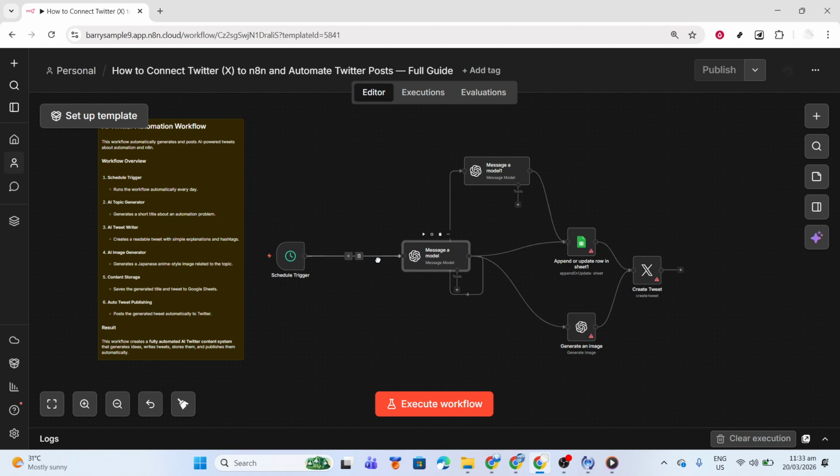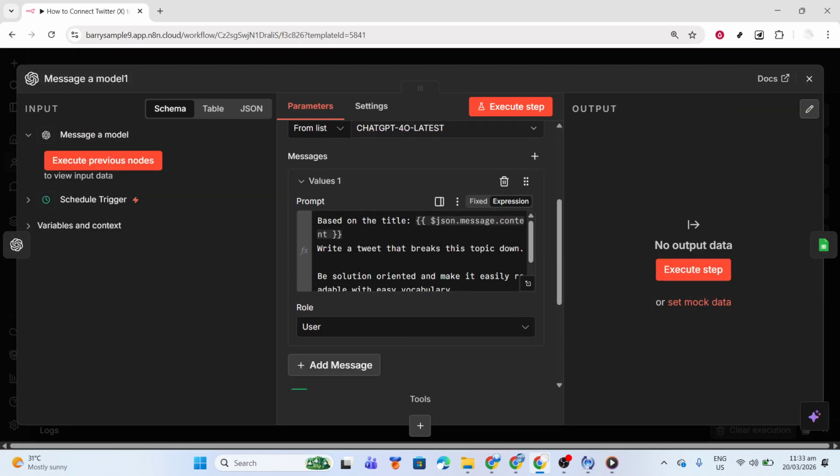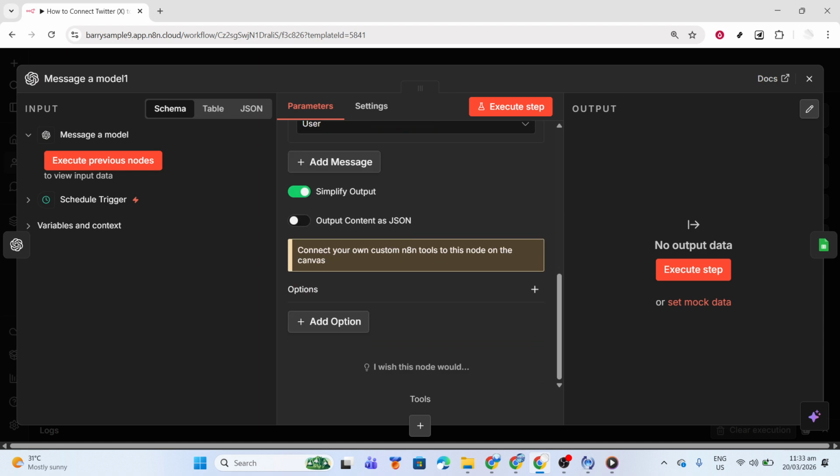Then we pass that title to a second AI step, Message a Model 1, to write the tweet itself. Here, the model is instructed to explain the topic clearly, use simple language, focus on solutions, and include helpful hashtags. This gives you a tweet that's educational and ready to post as is. If you want a specific tone, like friendly or technical, you can fine-tune the prompt, but the core goal is